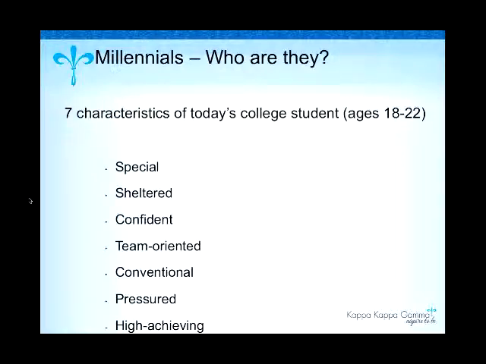Another characteristic about this type of student today is that they are conventional and resourceful. They have never known life without the internet. They've never known life without social media in their grown-up interaction days. And they've also never known life without being connected through a cell phone that they have readily